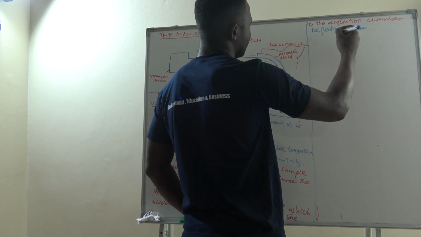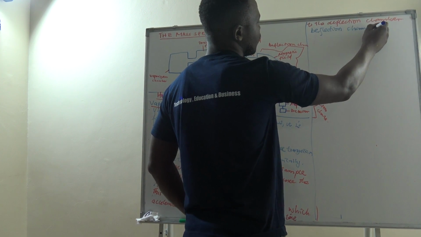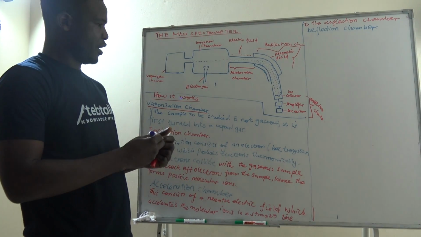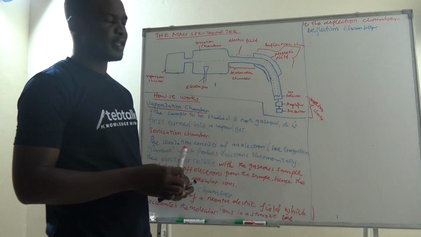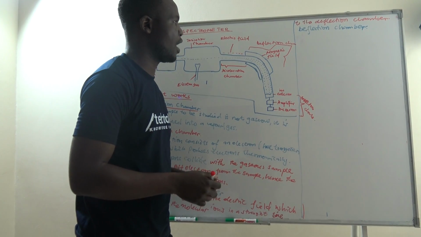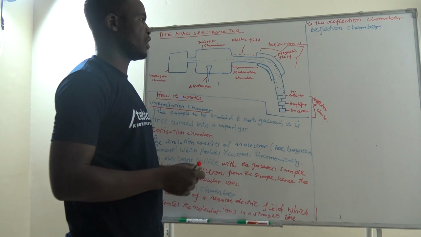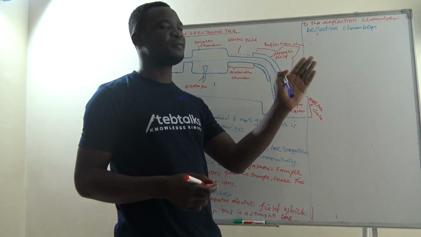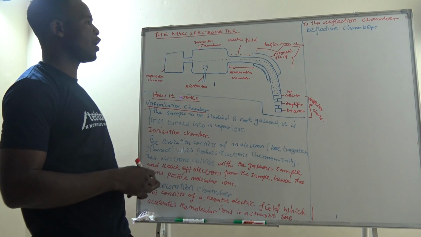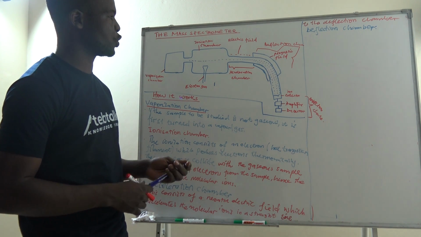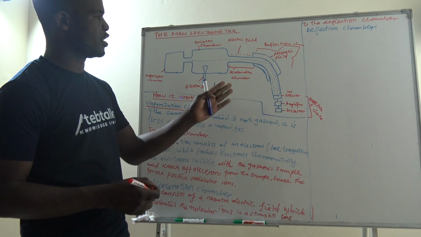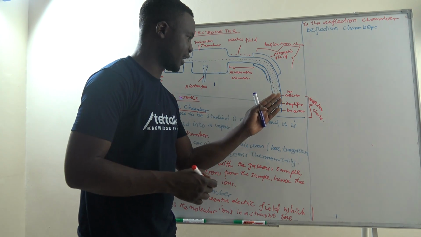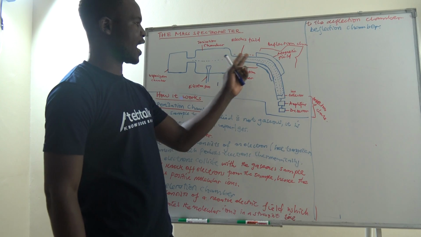While these ions reach the deflection chamber, we said they are deflected depending on the mass to charge ratios. Yes, depending on the mass to charge ratios, these ions are deflected. Now, the ion that has a high